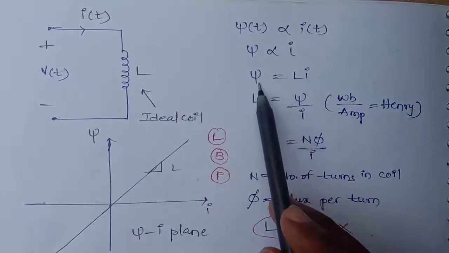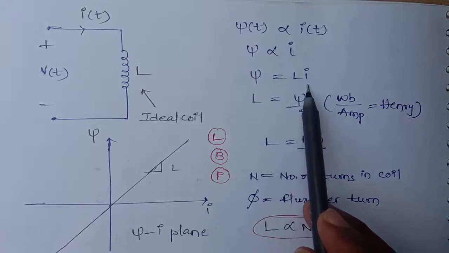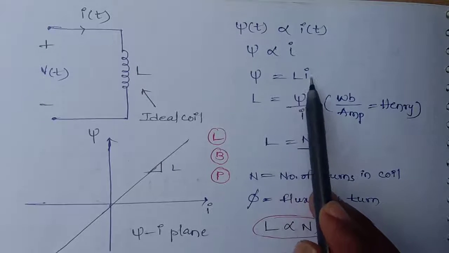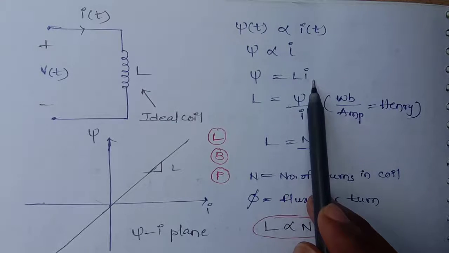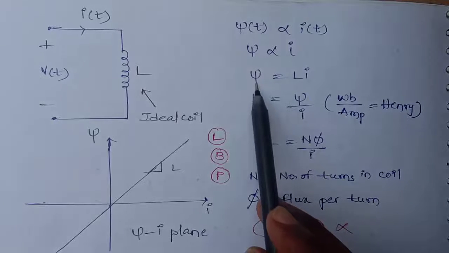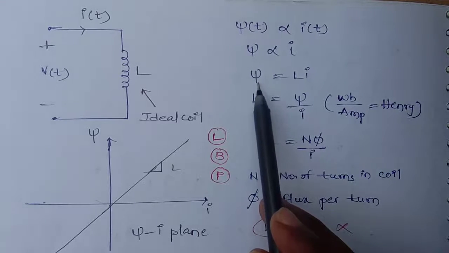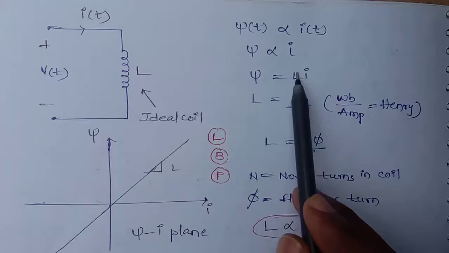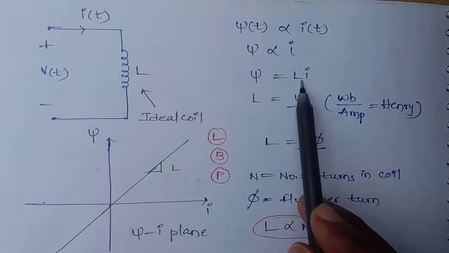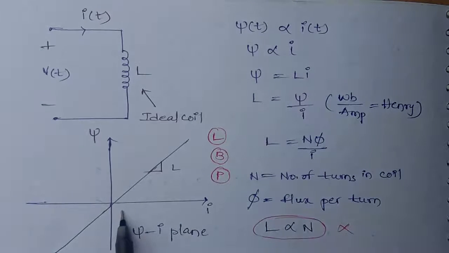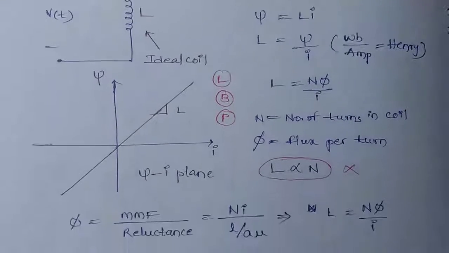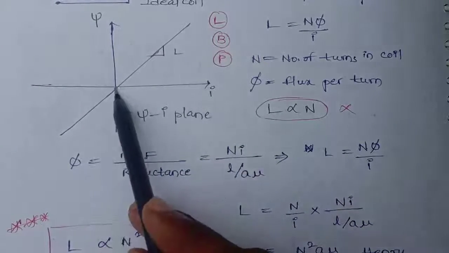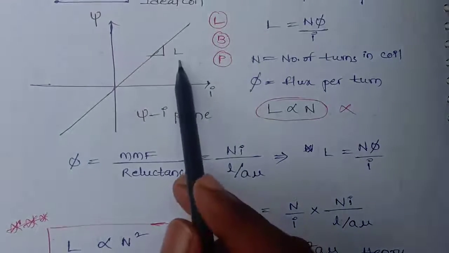Now look at this equation. Here you can see that psi is equal to Li, which is in the form of y is equal to mx. That means this straight line will pass through origin, where psi value is y and x value is nothing but I, where slope is nothing but L. If we try to plot this characteristics, which is a straight line in psi I plane, you can observe that it is a straight line passing through origin in psi I plane with a slope L.